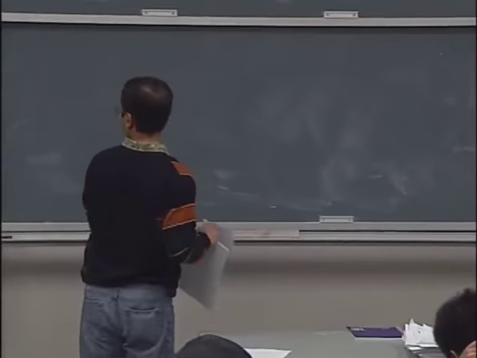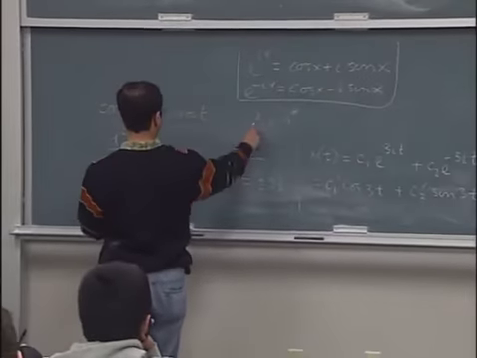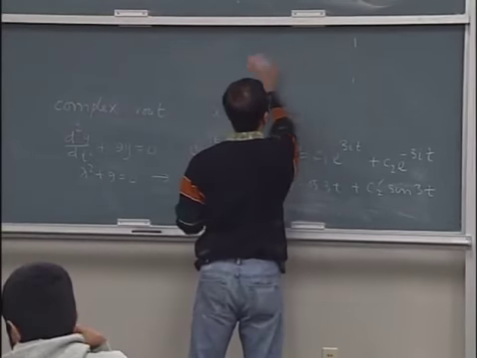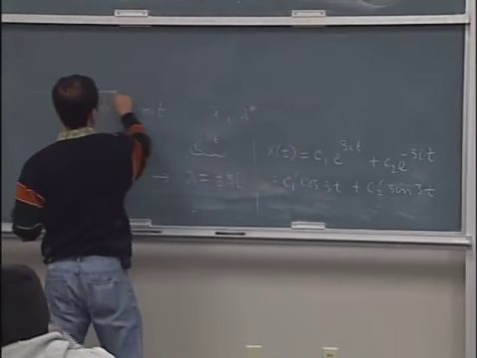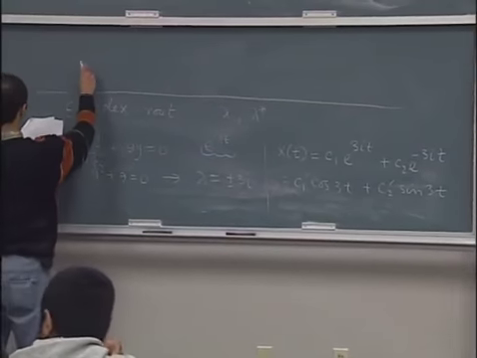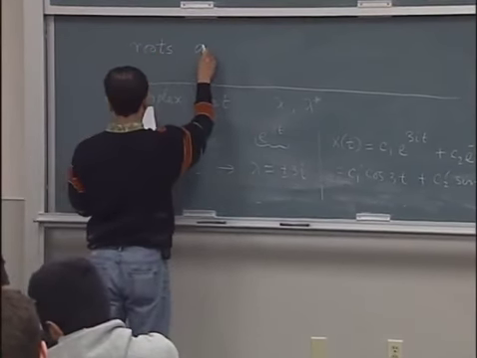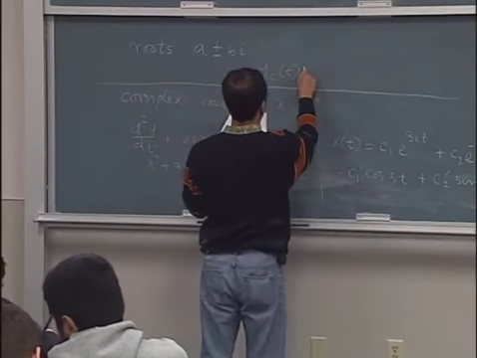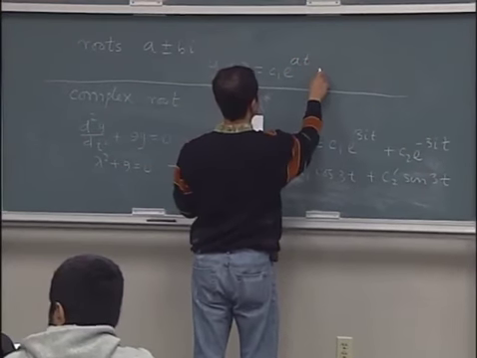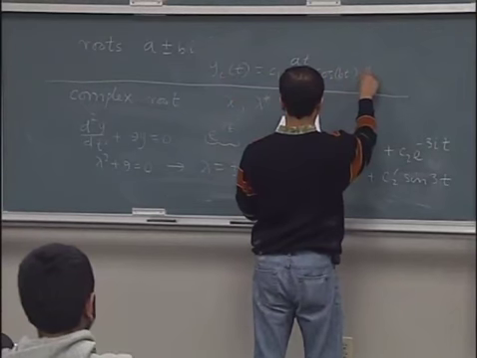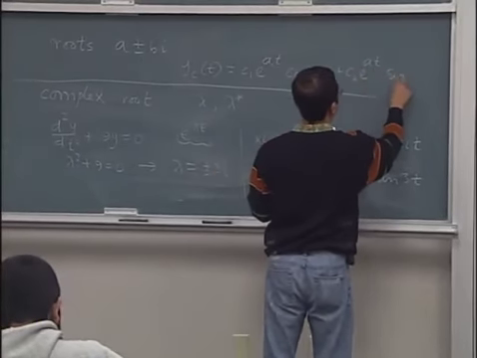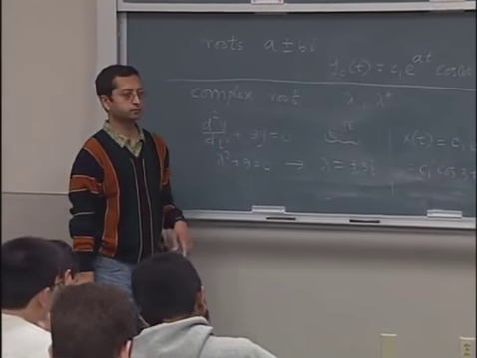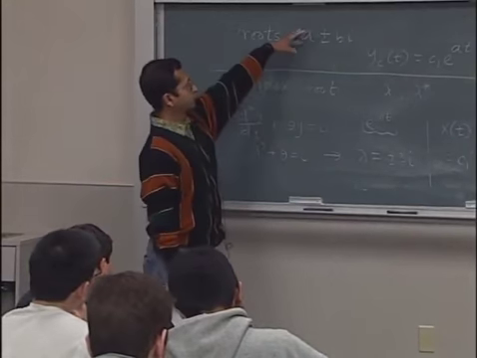And if the roots are of this form, instead of simple imaginary roots like this, you might have something a little bit more complicated. So for example, if you have roots a plus minus bi, then you can write your y(t) as c1 e to the power at cosine bt plus c2 e to the power at sine bt. So if you have not a pure imaginary root,